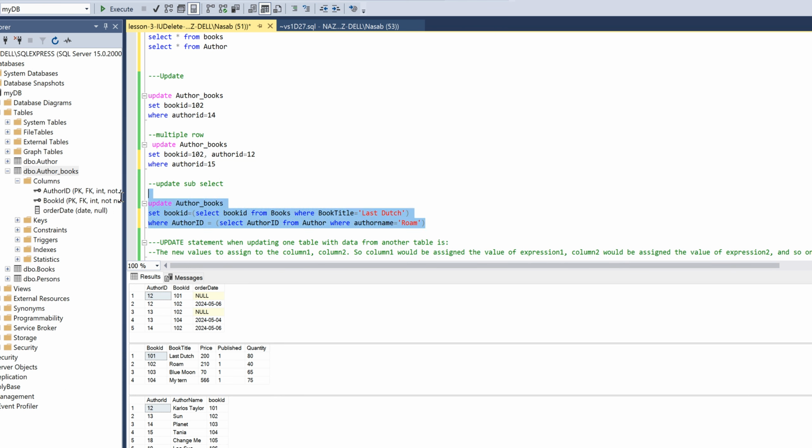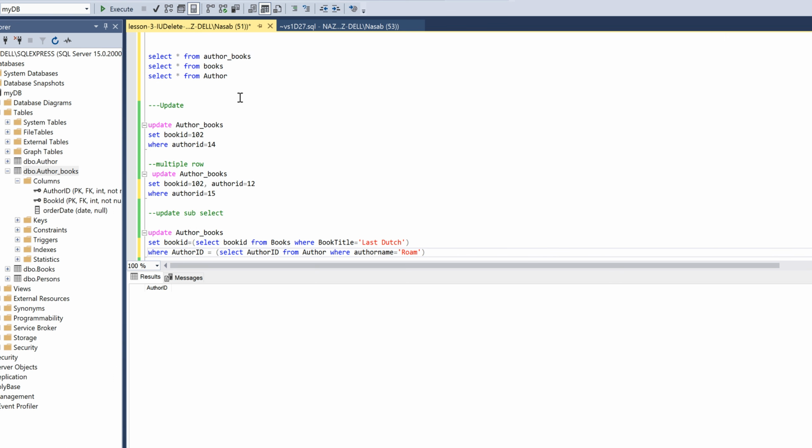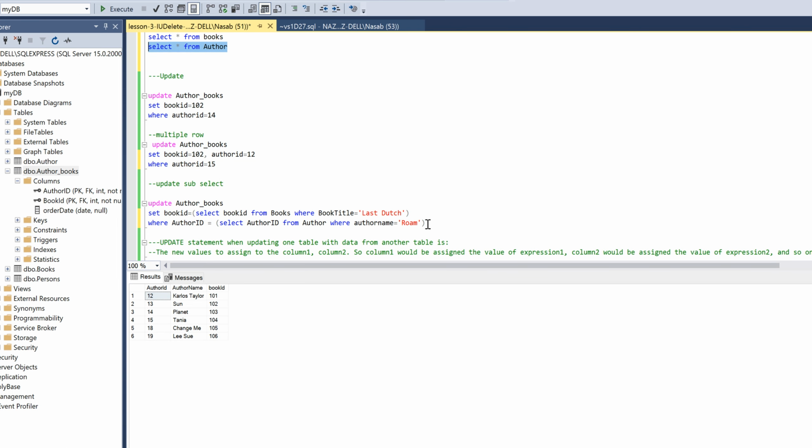You can take it in this way, and the 0 row, because this is last touch is 101 and author ID. You can run it separately, so from the author, Rome is not there. Okay, so the author name is Sun. We can use Sun, and then we are saying,